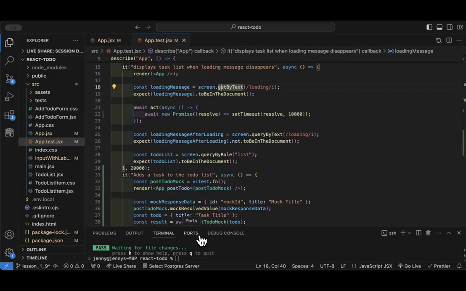You're going to have to swap those around if you want to do this, because find by waits for something to show up on the page. So you would have to find by for your to-do list so that it waits for it to be present, at which point your loading text will also be gone, because they are mutually exclusive. You're either loading or you have your list. So you wait for your list to show up with find by